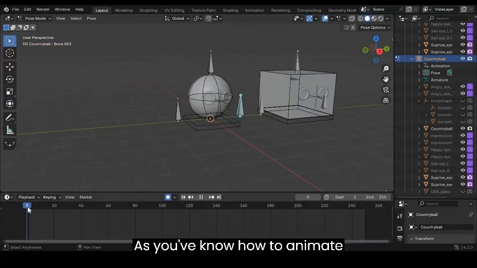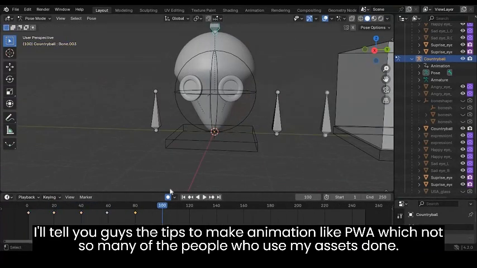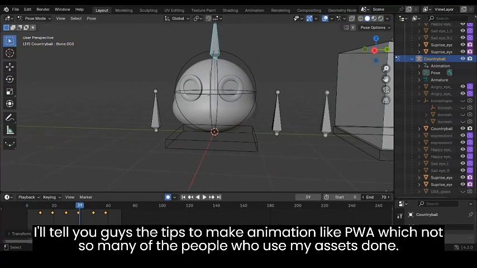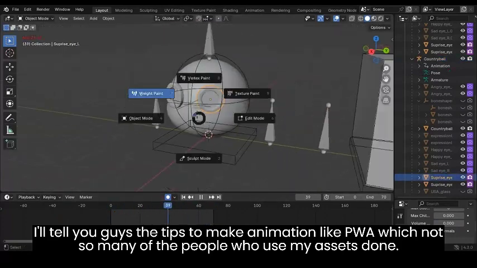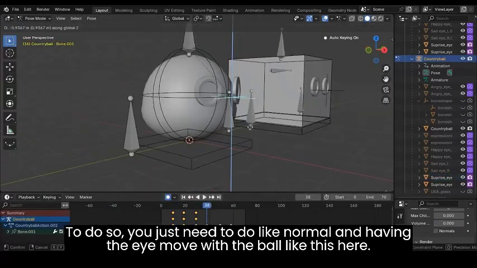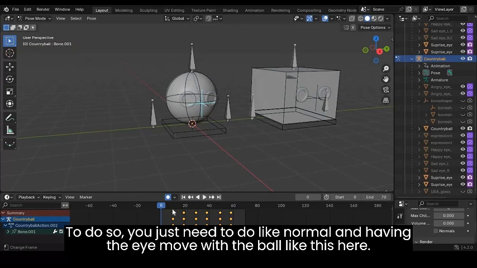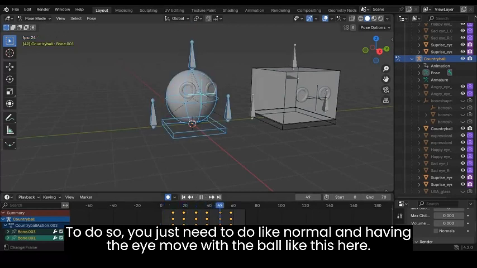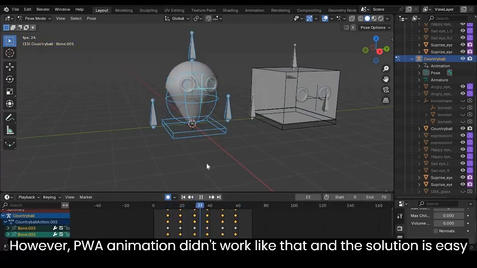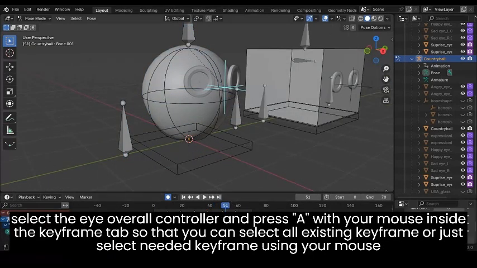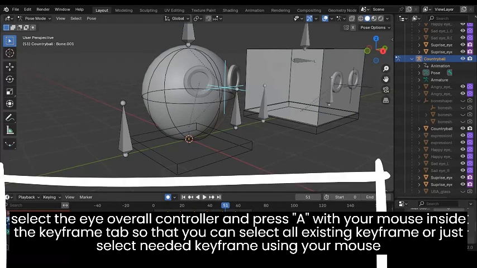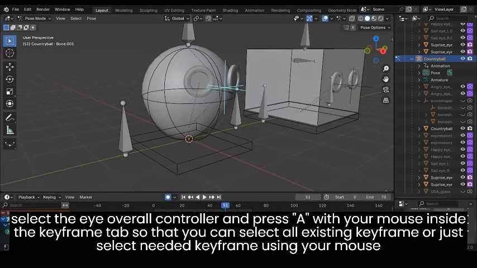As you know how to animate, I will tell you guys the tip to make pixel-like animation, which not so many people who are using my assets have done. To do so, you need to do it like normal and have the eye move with the ball like this here. However, pixel web animation didn't work like that, so the solution is easy. Select the eye overall controller and press A with the mouse inside the keyframe tab, so you can select all existing keyframes